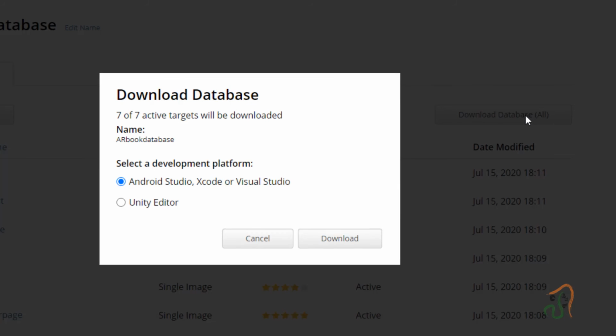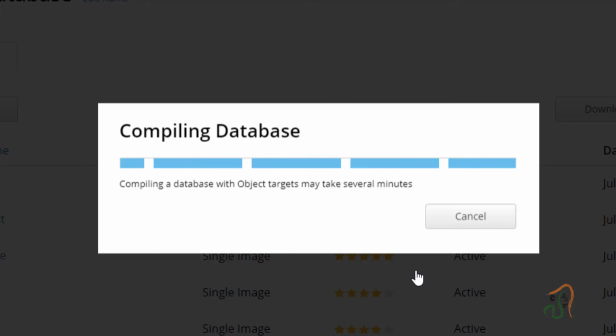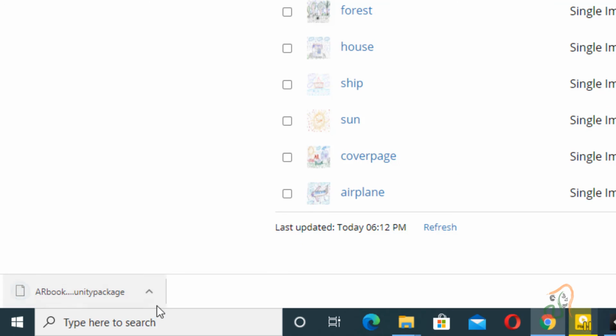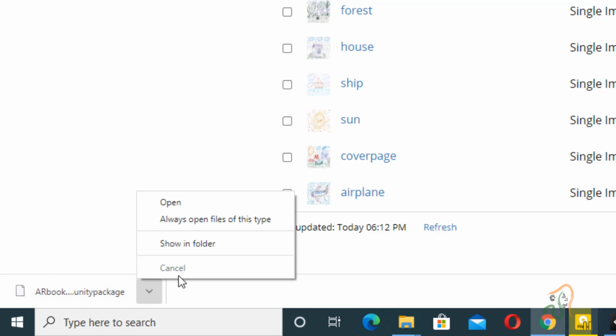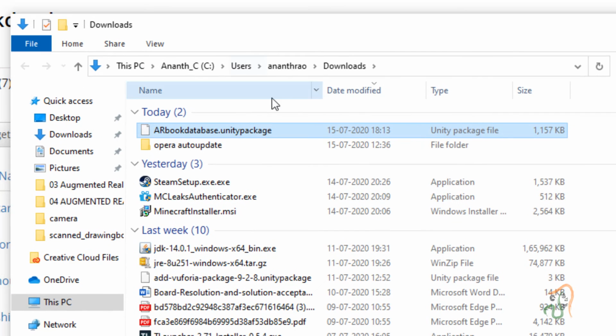Click on this, and when it asks for the download database window, click on Unity Editor. Instead of Android Studio, Xcode or Visual Studio, choose Unity Editor and click download. This will compile the database, and the entire database will be downloaded to your machine. If I open this folder, you can see this database has been downloaded.